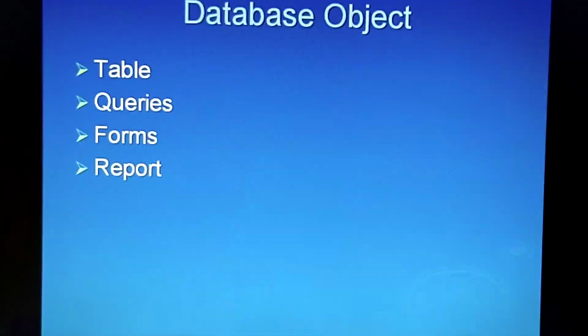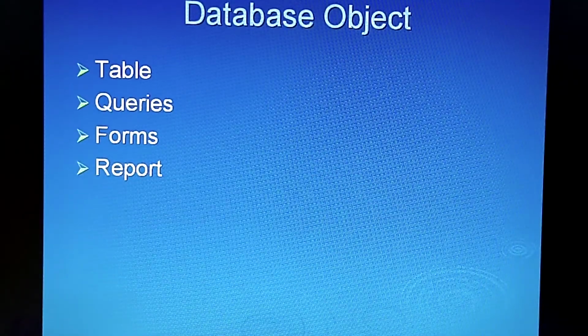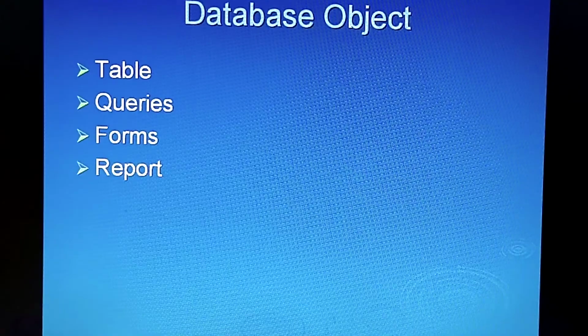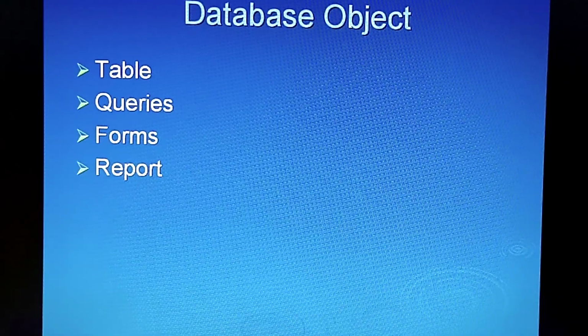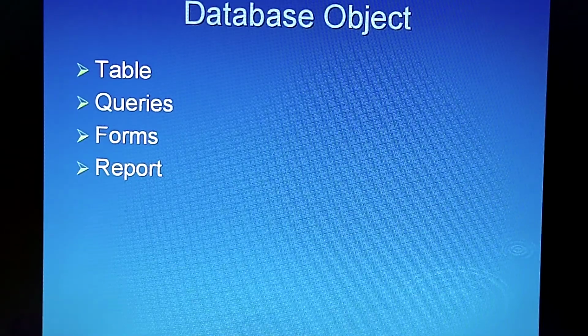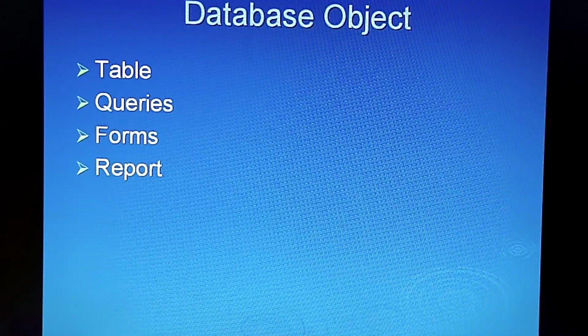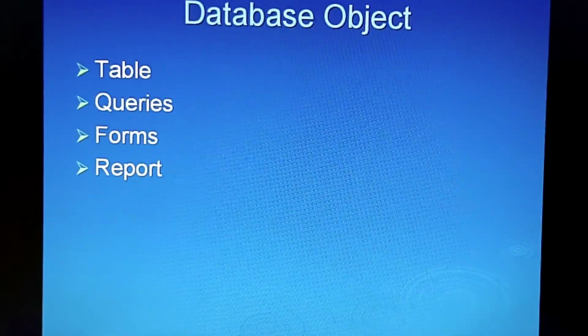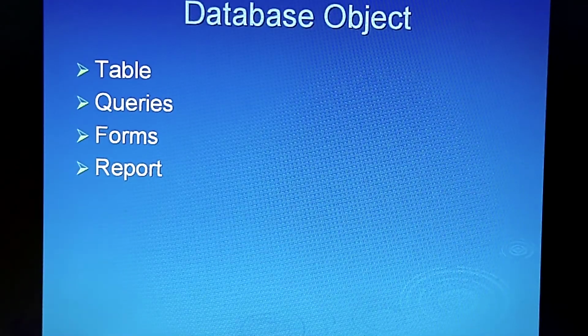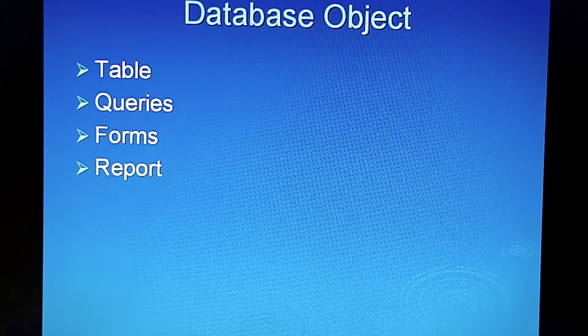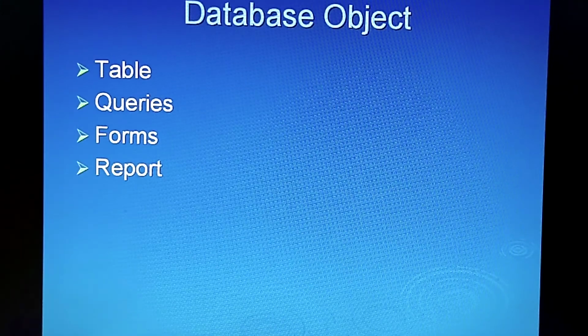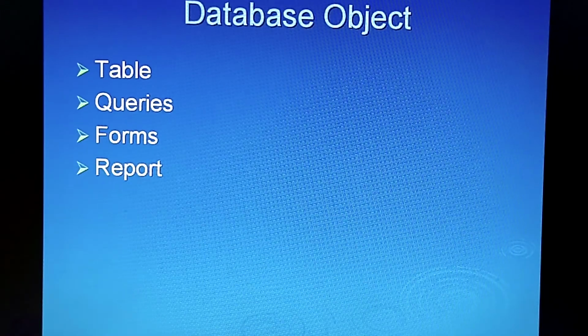In the table, rows are there, columns are there. Rows are called records and columns are called fields. In the rows there are different types of data, but in a field the same type of data will be there. So we are going to store the data in a table. What is a table? Where we store the data in rows and columns format.